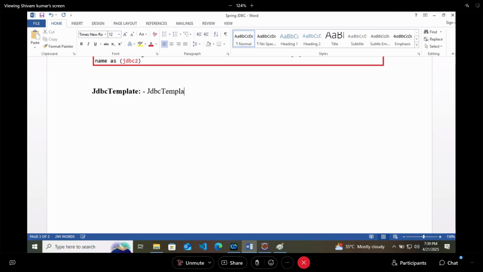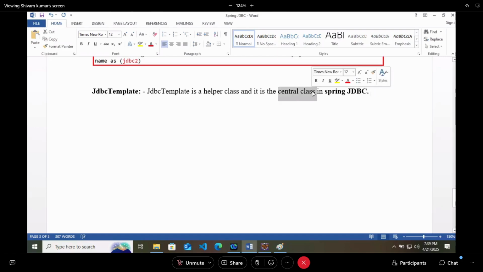JDBC template is a helper class, and it is the central class in Spring JDBC. Central class means almost all the things will be revolving around this JDBC template.